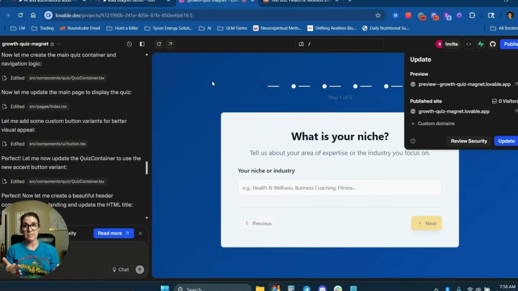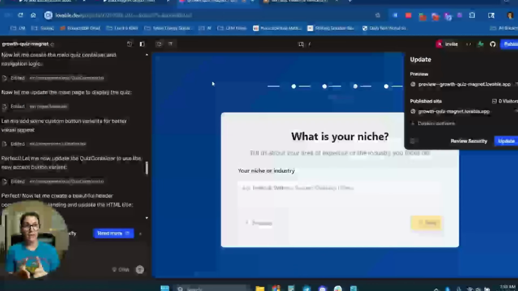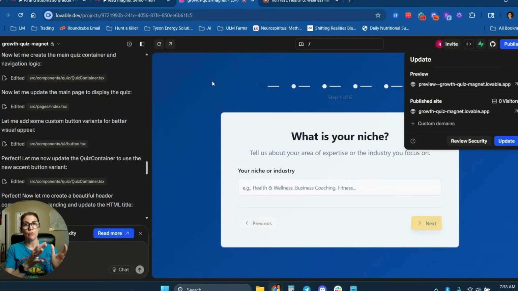So now we've built it, we've tested it. And the last step, honestly, is to drive traffic to it, to promote it. So whether you're a business owner or a consultant, a freelancer, or you're just building this for your own 9-to-5 job, you have to get traffic. Like you have to get eyeballs on your lead magnet. So you have to drive people to it. You have to make them aware of it. And you can do that through content creation, through traditional marketing like billboards, direct mailers, like whatever it is, QR codes on a postcard, email marketing. But the point is you have to drive awareness to it and then drive people to visit that link so that they can